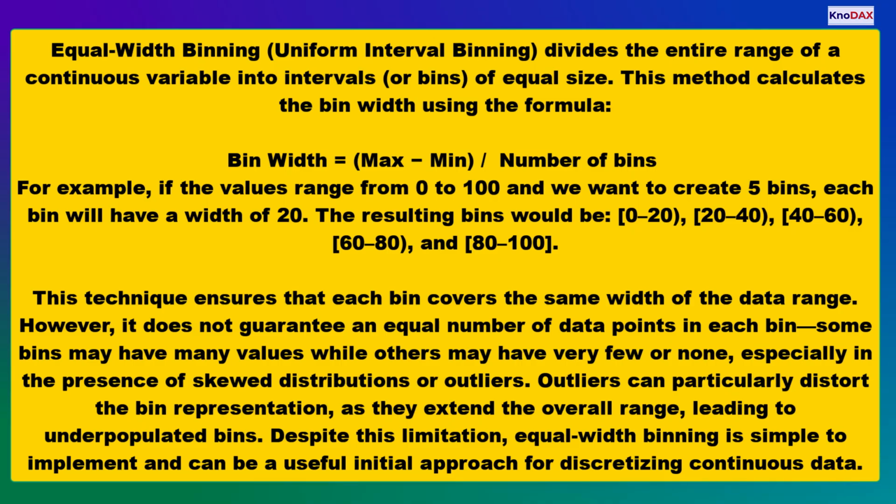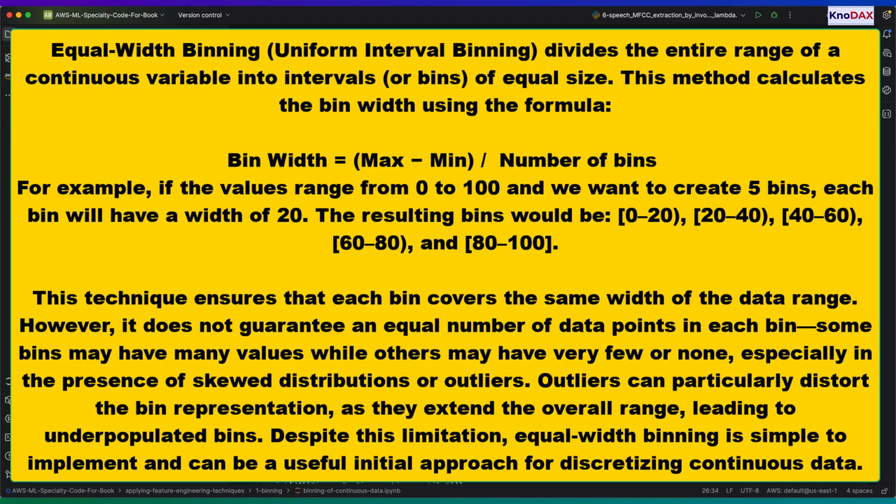Equal width binning divides the entire range of a continuous variable into intervals of the same size. The bin width is calculated using a simple formula: maximum minus minimum, divided by the number of bins. For example, a range from 0 to 100, divided into 5 bins, produces intervals of 20 units each. Equal width binning is easy to use, but it can create sparse or empty bins when the data is skewed